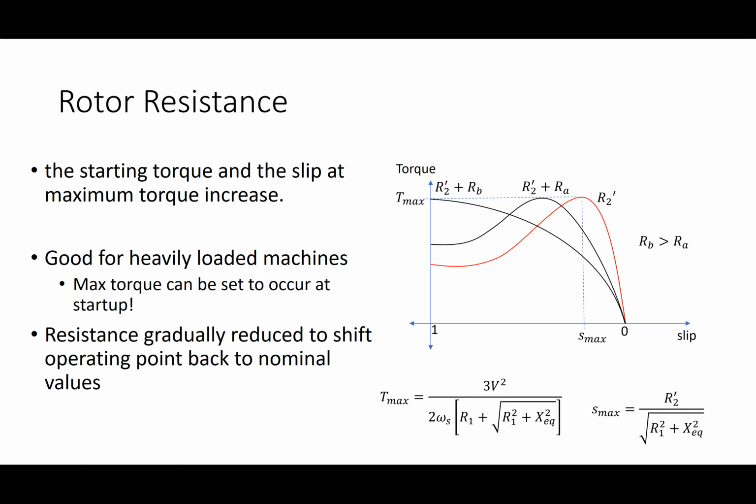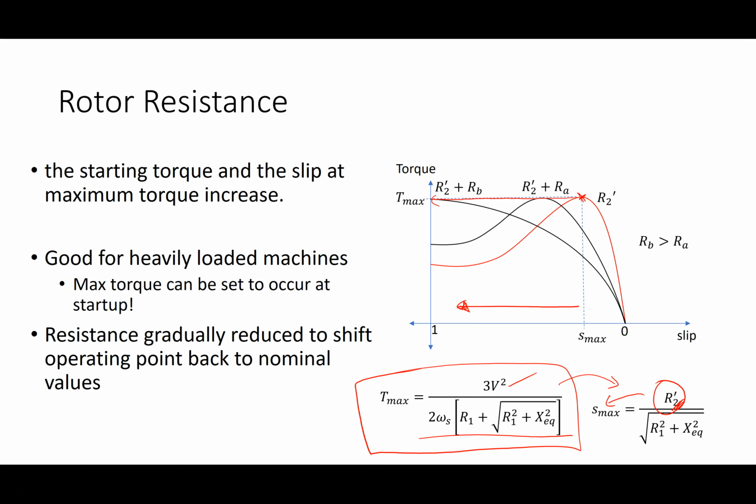So if we increase the rotor resistance, we increase Smax, and increasing Smax means it's going this way. Remember, it goes from 0 to 1. So by adding resistance, we could shift the point at which maximum torque occurs down this way. We could add resistance so that we get maximum torque at starting, and then gradually bring it out so that we maintain maximum torque at each point until we get to the